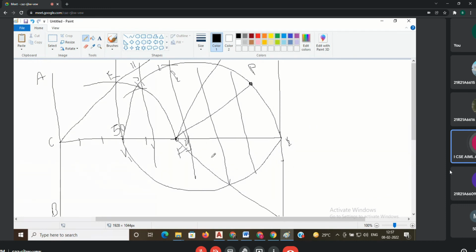You will get one point here. From that point, you have to draw one line. That is your normal line. For this line, 90 degrees. So that is your tangent. This is your normal. This is your tangent.